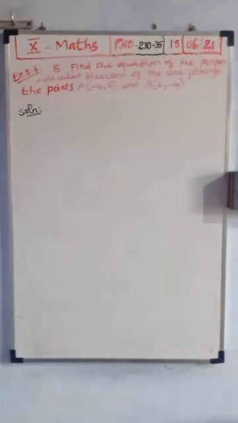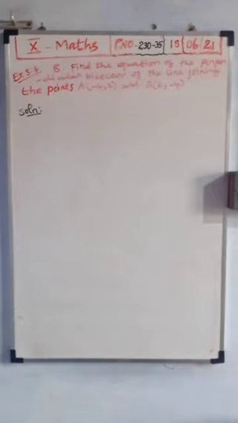Okay, so by joining two points A and B, we will get a line. Okay, AB we will get as a line. From line AB you want to draw one perpendicular bisector. You know how to draw a perpendicular bisector. What is meant by a perpendicular bisector? Any given line is divided into two equal parts. While drawing the perpendicular bisector, that line divides into two equal parts. It is called a perpendicular bisector. So from that perpendicular bisector of AB, you want to find the equation.